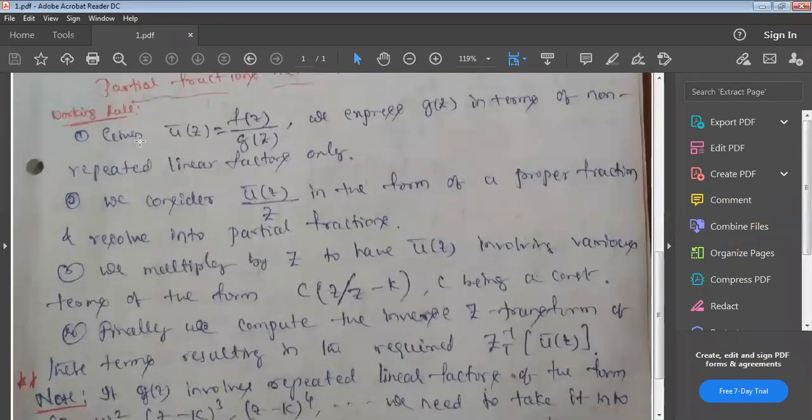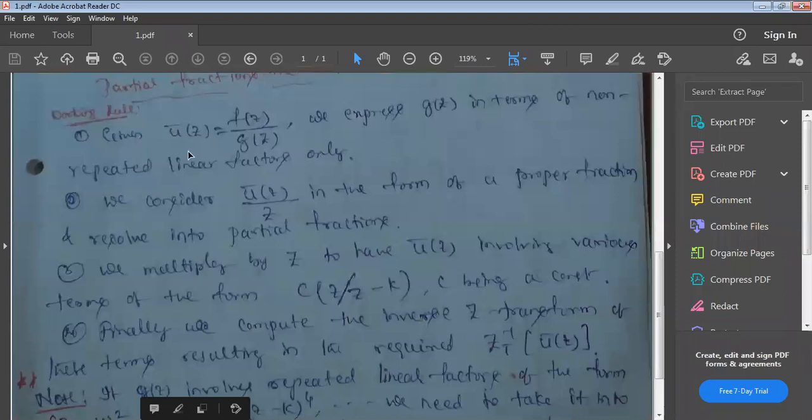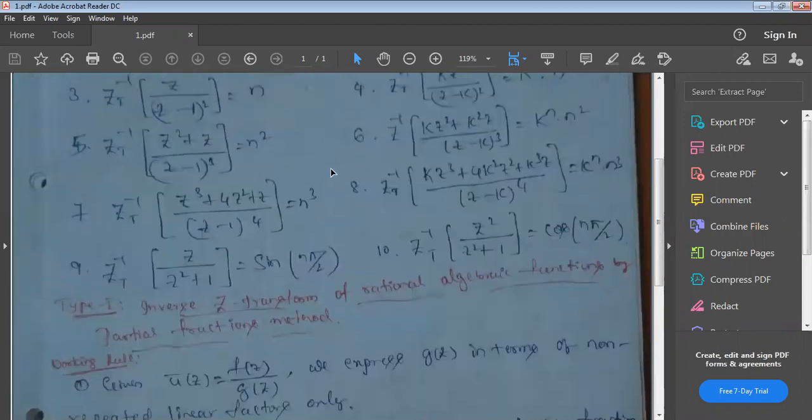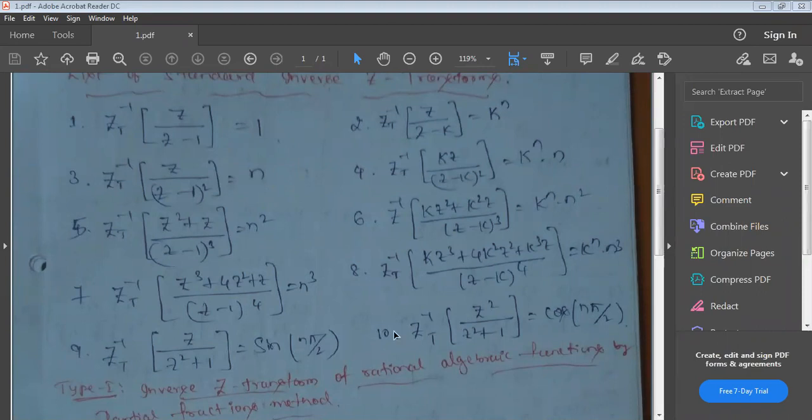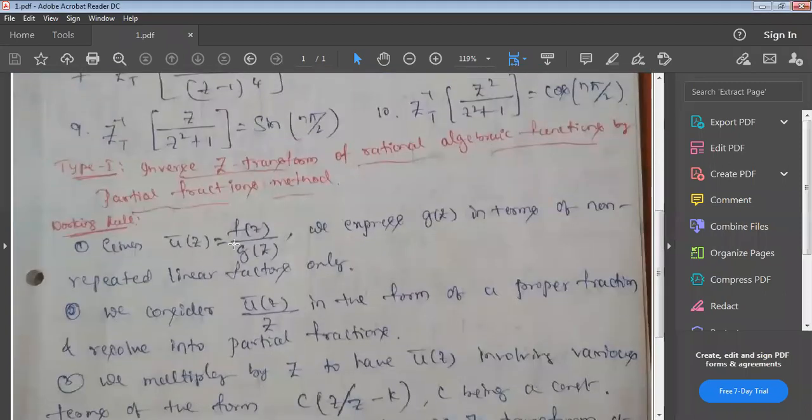So working rule. So here in finding inverse Z transformation, the given function will be taken as u bar of z, and you are going to identify whether u bar of z is in this form, f of z by g of z. Normally there will be a ratio, because all these formulas, if you see the inverse Z transformation formulas, these are the ratios, right? It is in the form of a by b, z by z minus 1, z by z minus 1 whole square, z square plus z by z minus 1 whole cube. That means there is a divided function, ratios here, right? So that means you're going to have some function like this.